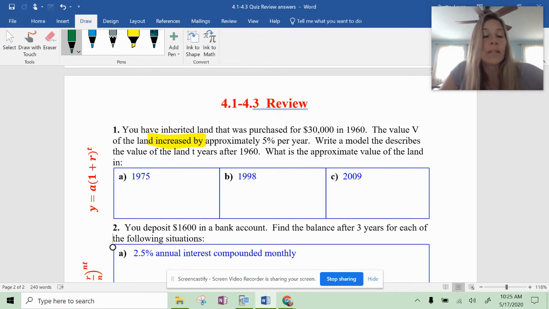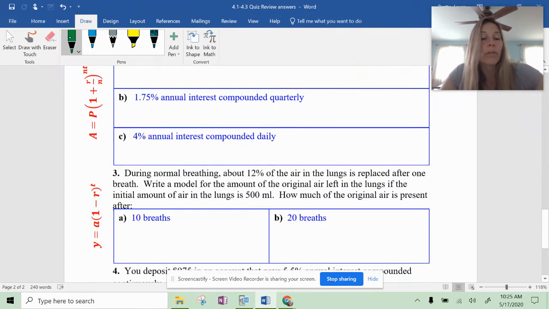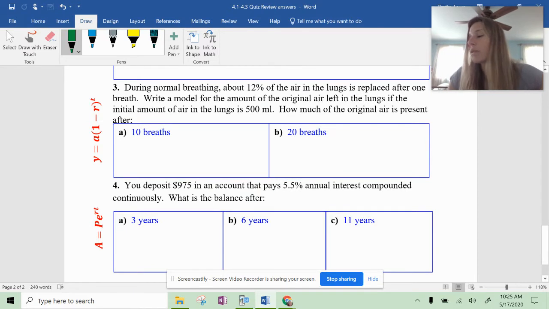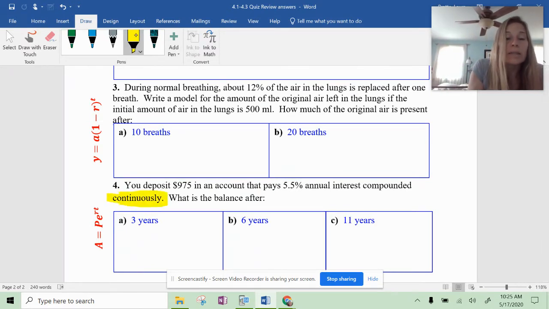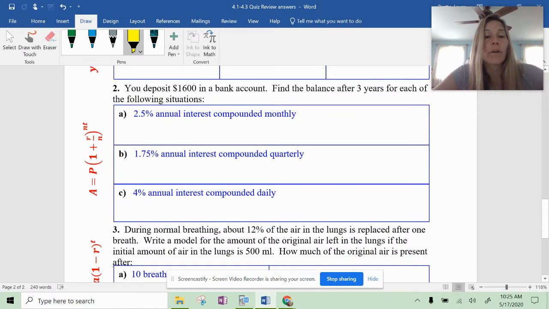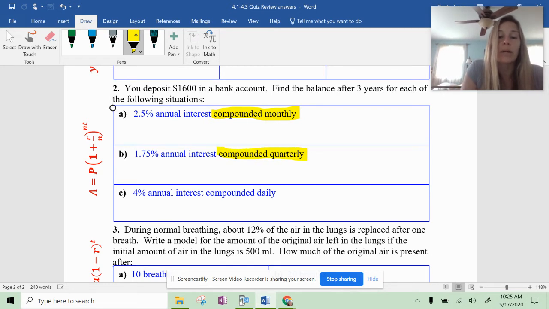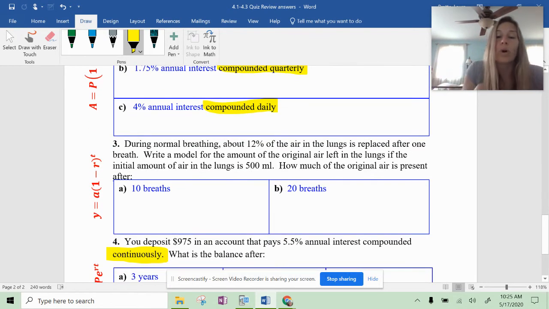Then the formula with the E in it, that is down here on number 4, that is obviously only used when you see the word continuously. So that's how I would know I would use this formula. Then for number 2, you can see how it talks about things being compounded at different time periods. So when it's compounded at different specific time periods, that's when you're using this bigger formula here on the left. And then number 3, we're talking about